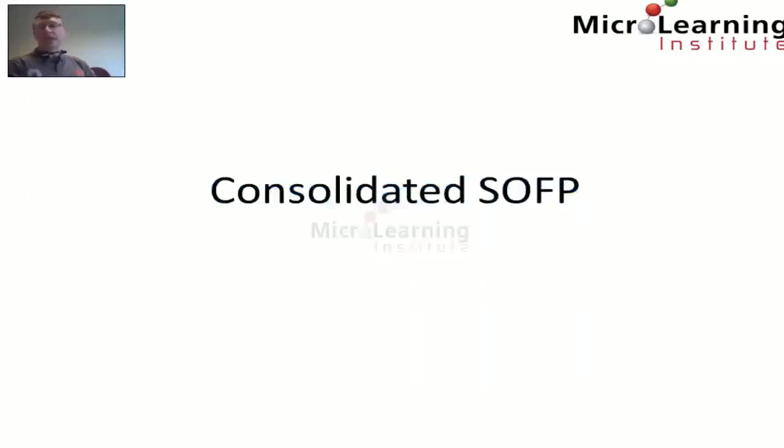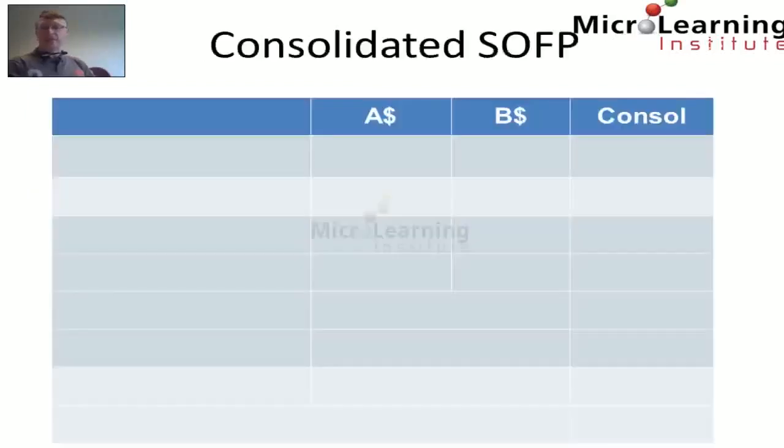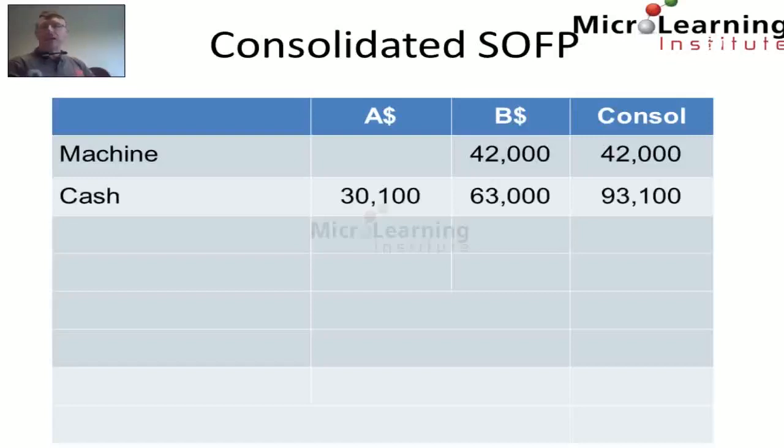Now we can prepare the consolidated statement of financial position. And again, we're looking at the two statements of financial position in dollars. We see there was a machine at $42,000 on Company B's statement of financial position, and that consolidates in full. Similarly, we've got cash on both the balance sheet of A and B, and of course we consolidate all of that because we, the group, are in control of all of that cash. So that consolidates to 93,100, meaning that we have a total assets on our consolidated statement of financial position of